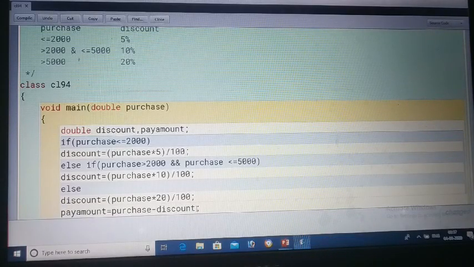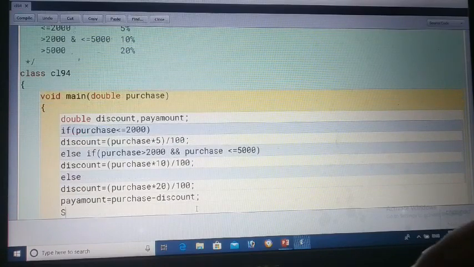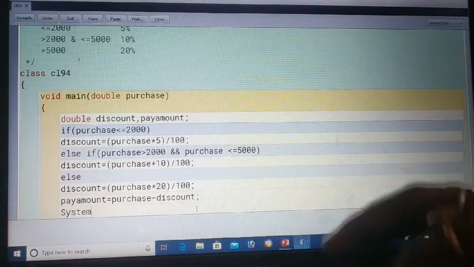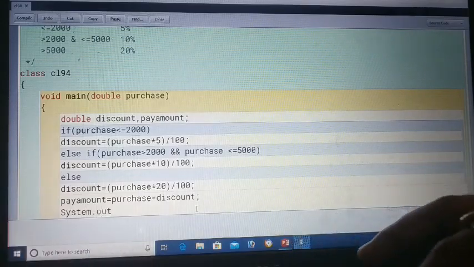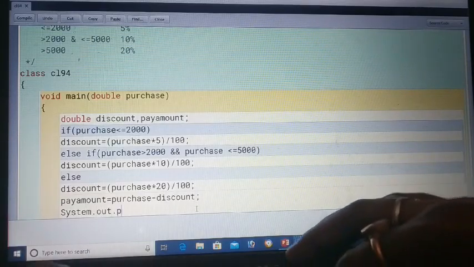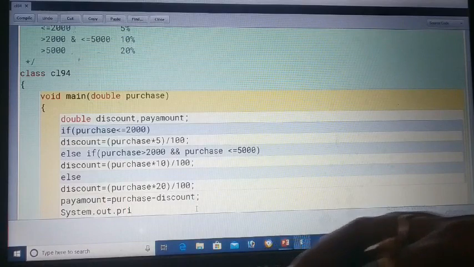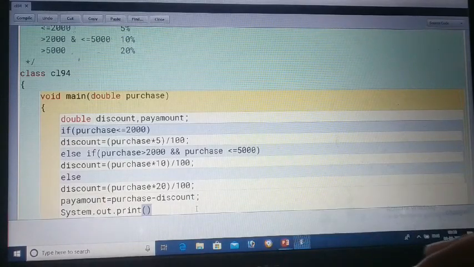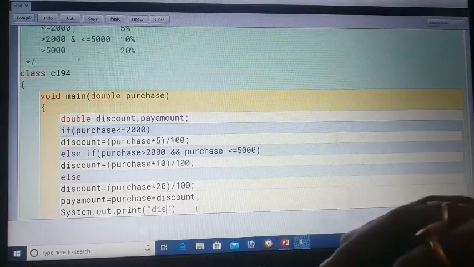From the purchase amount, the discount will be subtracted, and due to this subtraction, the amount you have to pay to the shopkeeper will come in the pay amount variable. Now you will print it. See, first you will print the message you are going to print, discount.